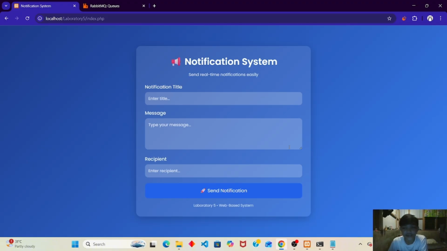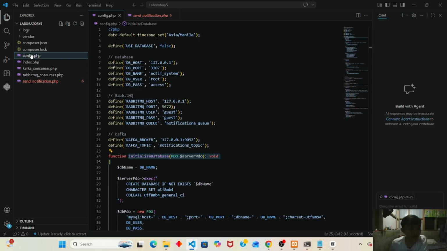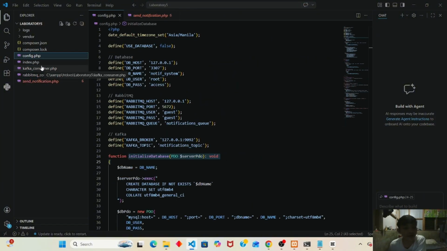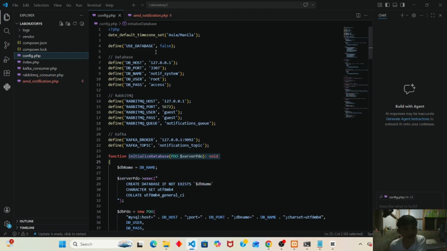So this is my UI system. So today, next, I'm going to explain how this works. Earlier I showed you the UI system that I have made, the web design. Okay. So today, let's proceed here in the codes. I'm just going to explain all the functions, how important they are, how they are connected to each other. So here in the config.php, because this is more important.